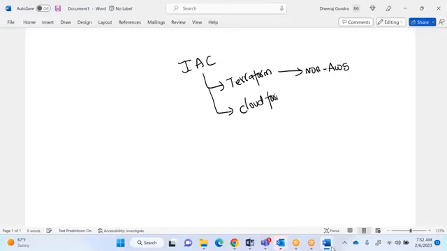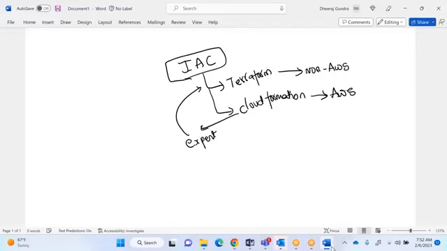Now you may have a question: I don't know Terraform, what should I do? That is explained in DevOps classes. Terraform is non-AWS, CloudFormation template is AWS. If you are an expert in one, you are already an expert in both, because both are infrastructure as code. You are not writing any programs, you are writing only formats.